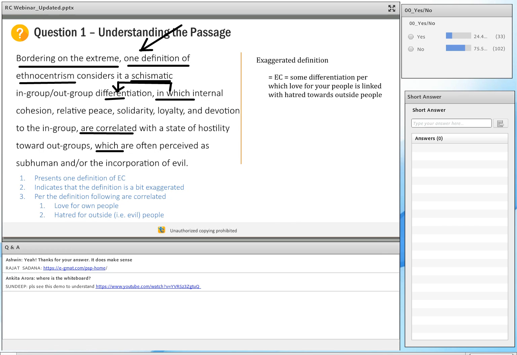What does the word correlated mean, guys? What does this word correlated mean? All right, let's get a few more. I have 29. So the three words: coincident, correlated, causal. They are very critical in GMAT verbal. You need to have a really good understanding of these three words. Okay.